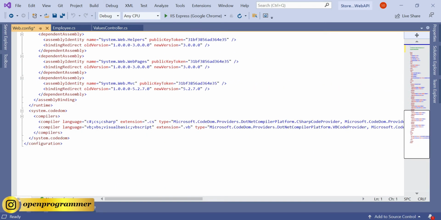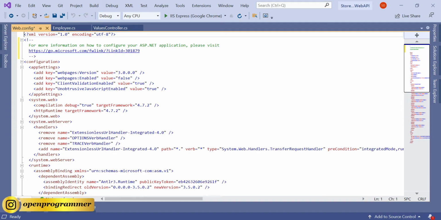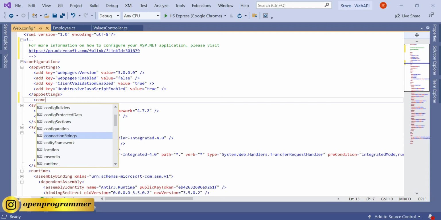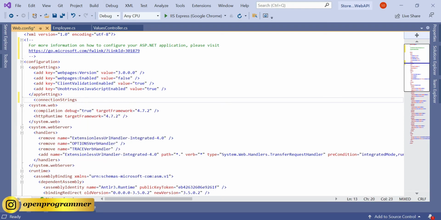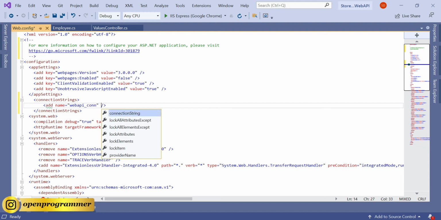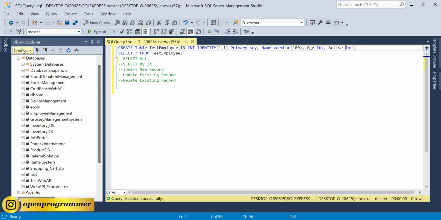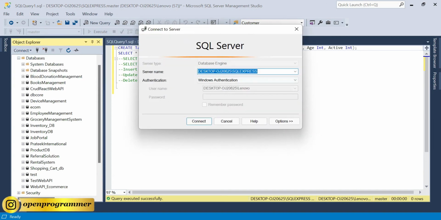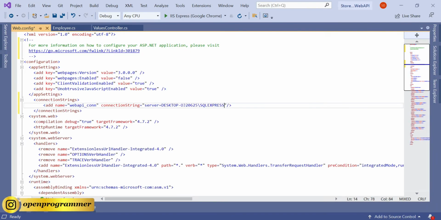So here in system.configuration, we need to create our connection string. Add name. So let's say WebAPIConnection, and then connection string. First of all, we need to give server. What is our server? Go to your SQL Server, click on connect. So this is your server name. Copy, paste it over here,